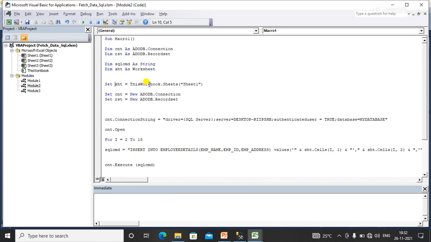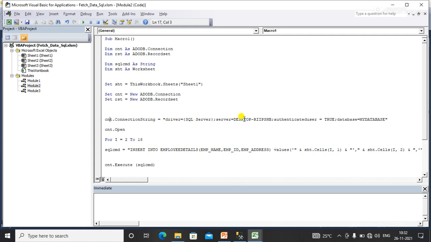Here I have set the worksheet from where I upload the data. In Sheet1 I have the data. Here I have set my connection and my record set, and here I have written the SQL driver name, which Microsoft provides to make the connection between Excel and SQL Server.